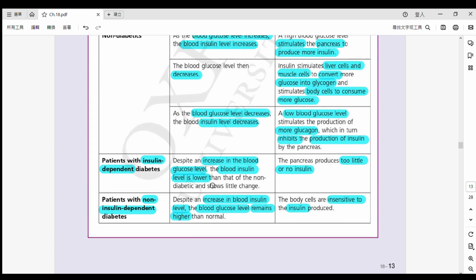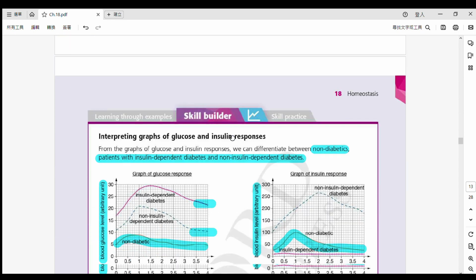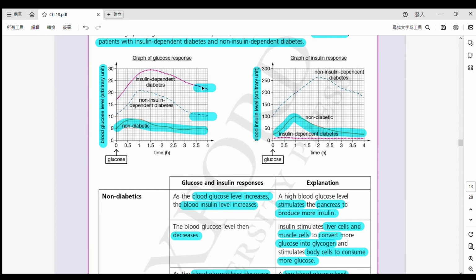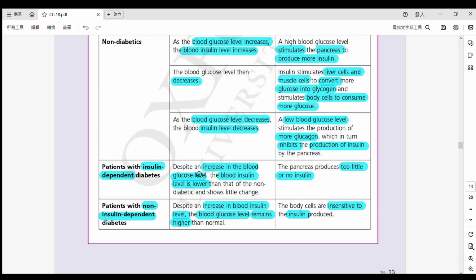Alright. 好啦，然後咯 and then we look at type 1 diabetes, insulin dependent 嘅 type 1。咁你見到啦，despite 一個 increase in blood glucose level，你會望到嘅就係，sorry 啊。So the blood glucose level increases. However，佢嘅 blood insulin level 咧，其實係 remain very low，甚至係 no insulin 嘅。所以你見到啦，就係 increase in blood glucose level，個 blood insulin level 係 lower 啦，或者係 shows little change。Okay, please underline this one and remember to write this in the answer，得唔得？去答呢樣嘢啦。So the reason is because the pancreas can produce too little，或者係 cannot produce any insulin 嘅。